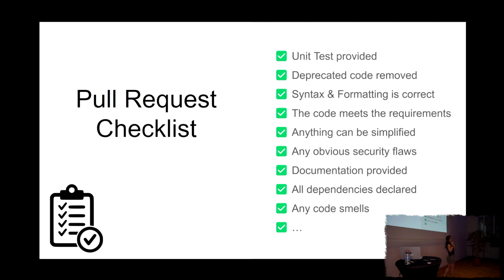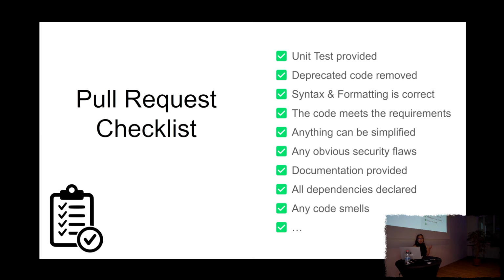Prior to starting any code review, any pull request, as a team, we should agree on what we call the PR checklist. I'm going to insist on the fact that there is no one-fits-all checklist to do the code review. This can vary based on the team and the project and the company. But based on my experience, I can recommend those points that both author and reviewer should agree on.